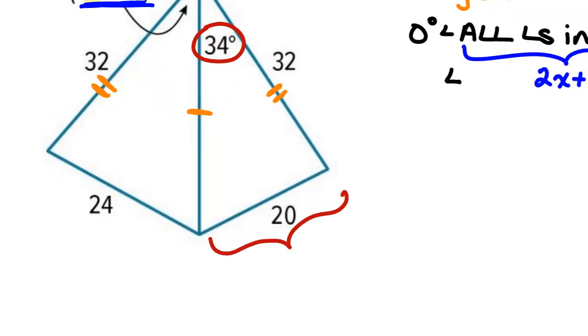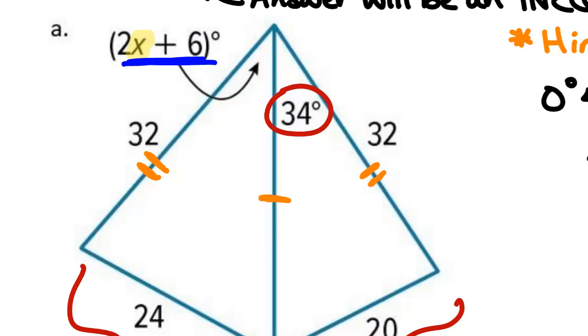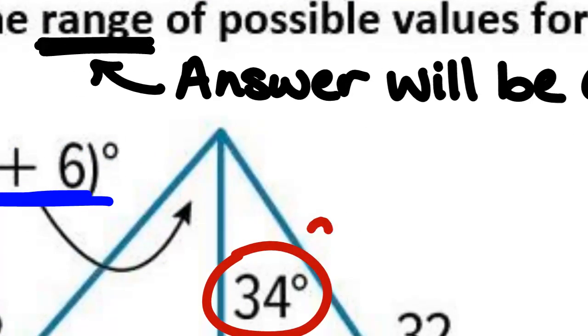Yes, 20 is my smaller third side. 24 is the bigger third side. Since 20 is opposite the 34, 34 is the smaller